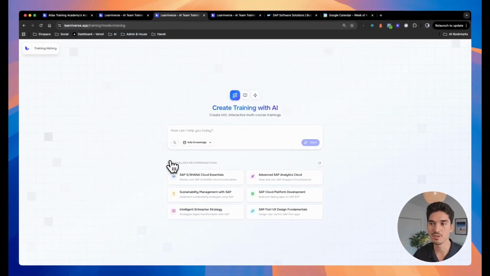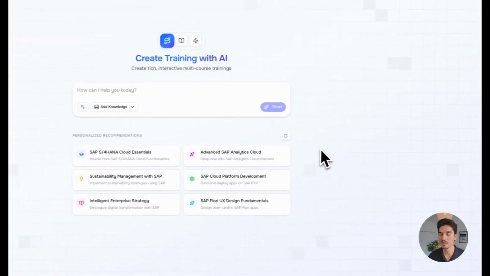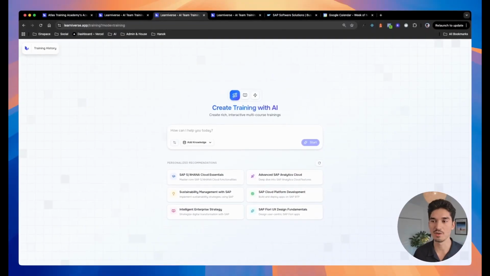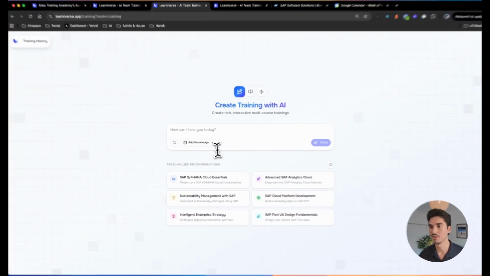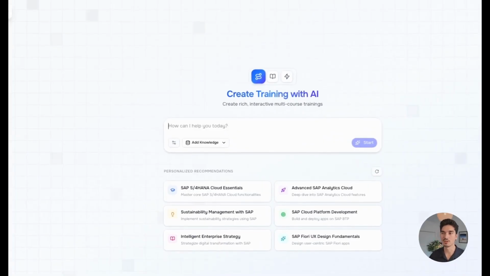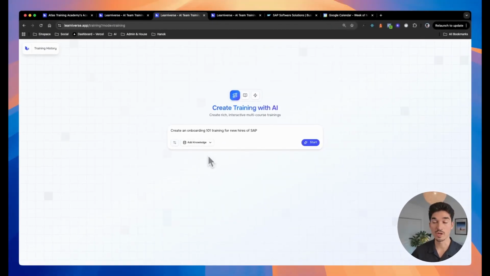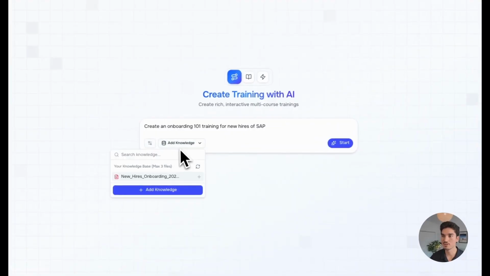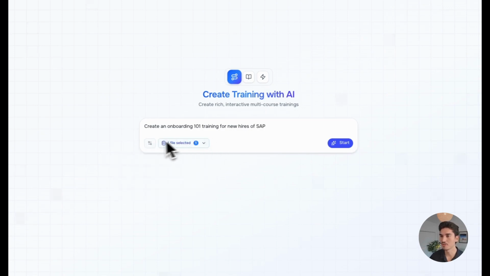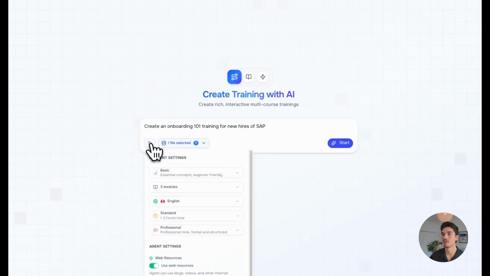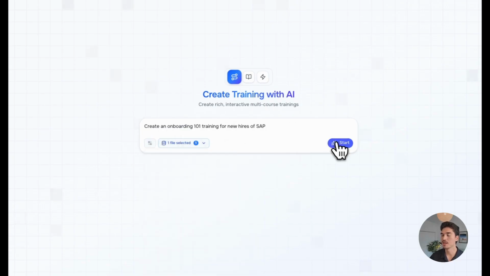You're also going to notice your personalized recommendations of which trainings you should create for your academy. It's going to analyze the learning gaps of your academy and suggest some different courses that you should create. For us, we're just going to create a regular onboarding 101 training. You can also attach multiple documents to give context to your training assistant. Let's put our new hires onboarding SOP document, and then let us change to a comprehensive training, and then let's